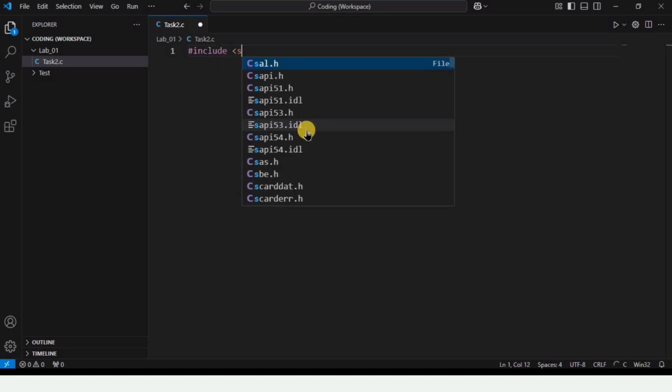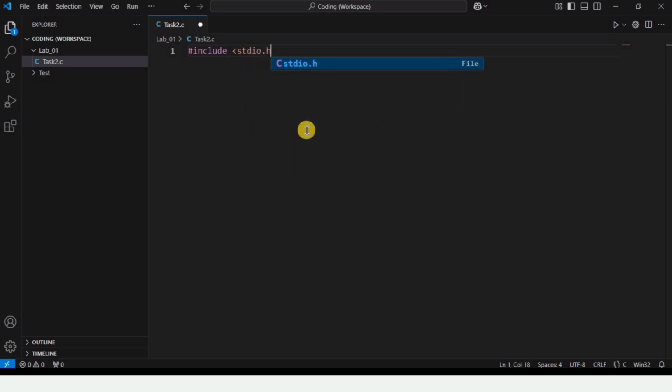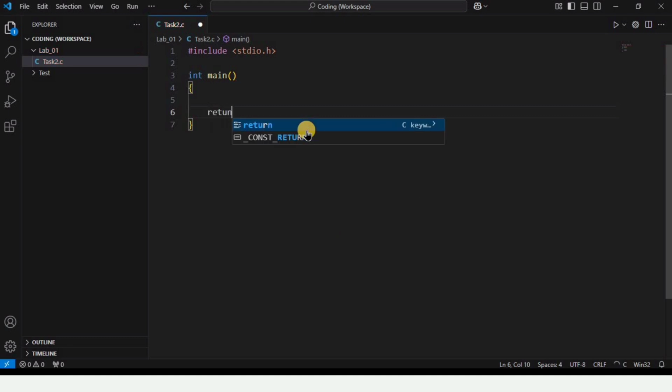Here I'm including the library stdio.h, which is the standard input output library. This library offers many functions that we are going to use in our program. And here I am typing int main, which is the main function of our code. And in between these curly brackets, I am typing return 0, which is the indication of the code if it